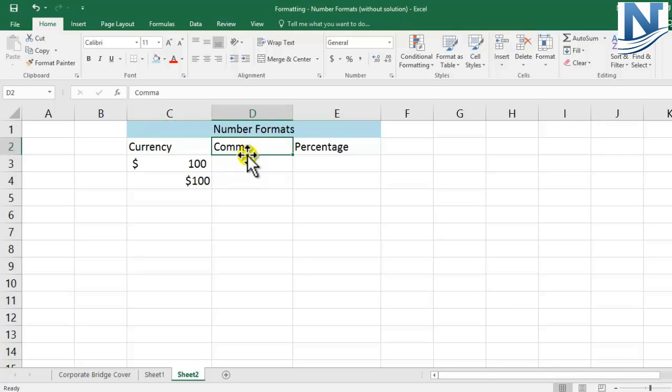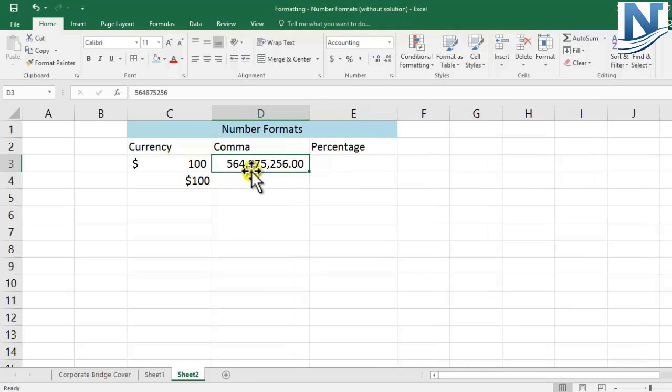Let's come to the next format, which is the comma style. Now let me just type any random number over here. And now what has happened is there are no commas and I'm not able to understand how many digits are present over here. So in this case, the comma formatting can be really very helpful for you. So where is it available? Just come over here and you can see comma style. Once you click on this, I'll just increase the cell and you can see at proper places the commas are present, as well as we have got two decimals.